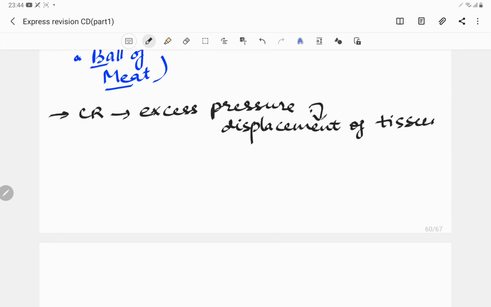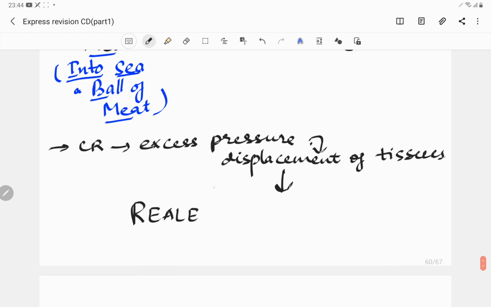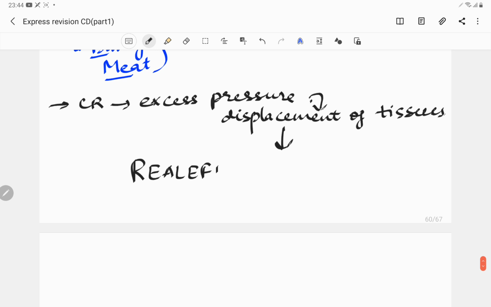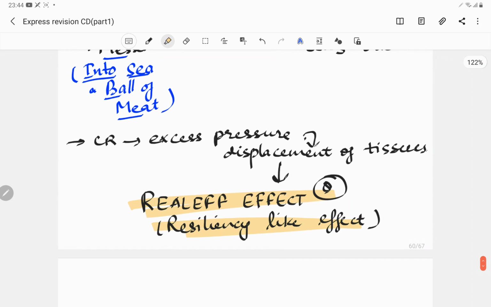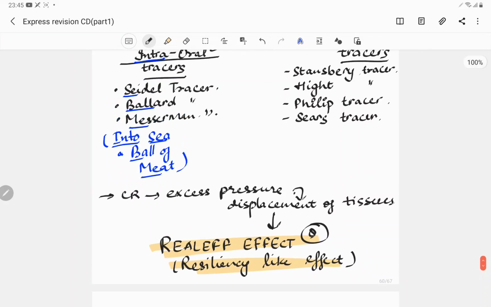This effect is known as the Reelf effect, which is also known as the resiliency-like effect. So if we put extra pressure while recording the centric relation record. So guys, from the articulator we are going to cover